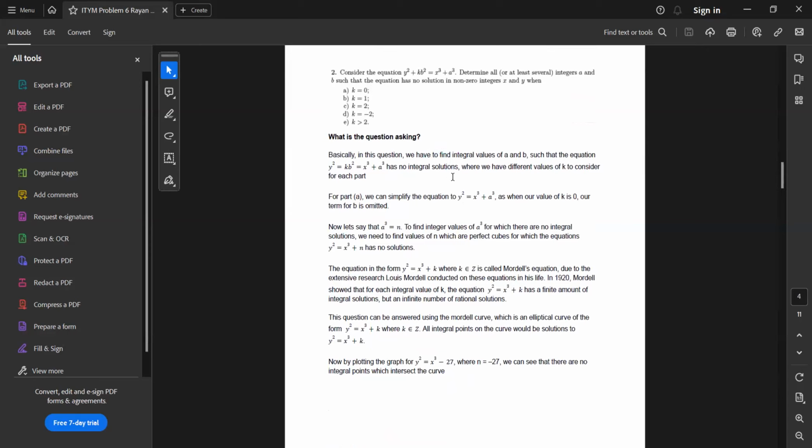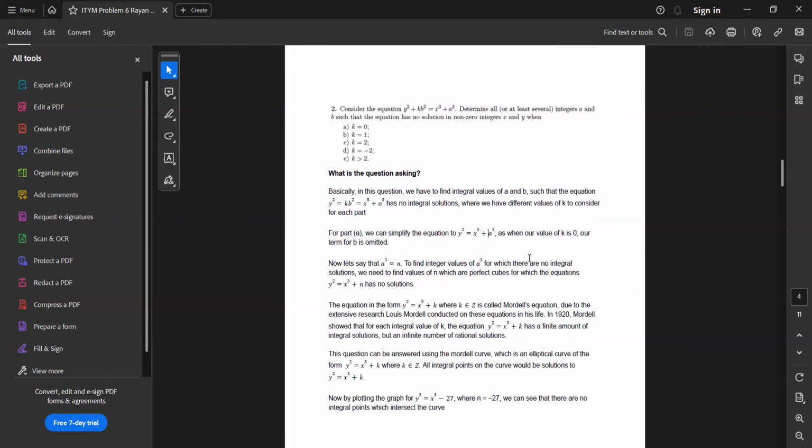आज सबसे पहले इसके लिए जो मैंने अप्रोच यूज की थी सबसे पहले पहले पार्ट के अंदर बिकॉज हमारे पास k तो 0 है। ओके, तो बिकॉज k इज द कोएफिशिएंट ऑफ b square, तो इसके अंदर बिकॉज k इज 0 हमारा b square नेग्लिजिबल होगा, b square की जो भी वैल्यू होगी the solution of our equation won't really depend on the value of b square। So b square can be any integer because we're finding values in terms of integers now। So b square can be any integer, b can be any integer।